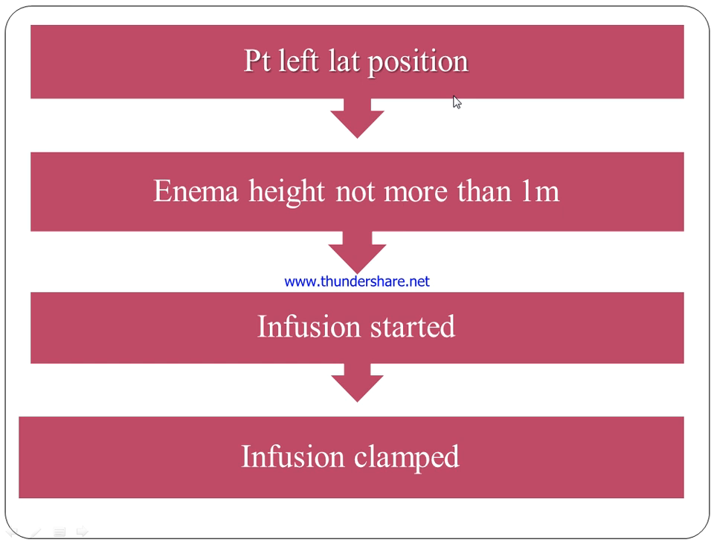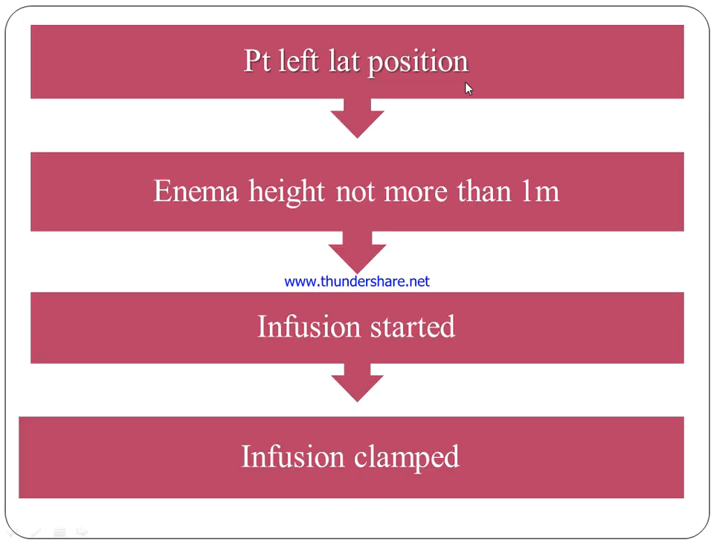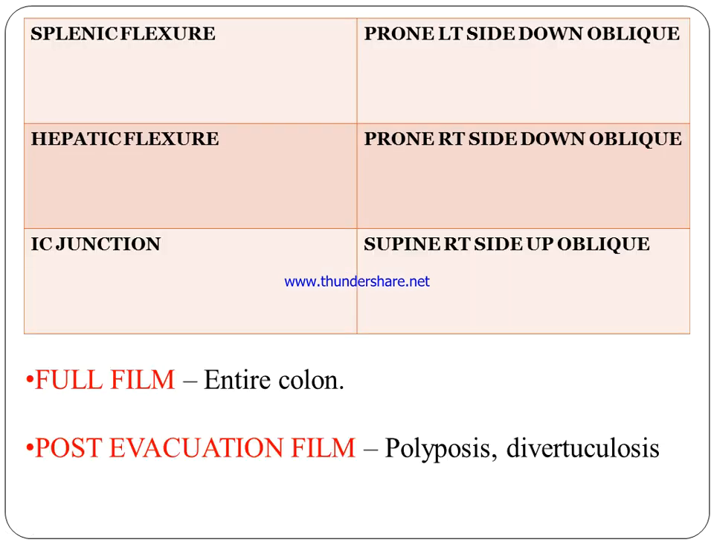Patient in the left lateral position, enema height not more than 1 meter, like this. The barium enema is not more than 1 liter. Then the infusion is started, and the infusion is clamped. Then after